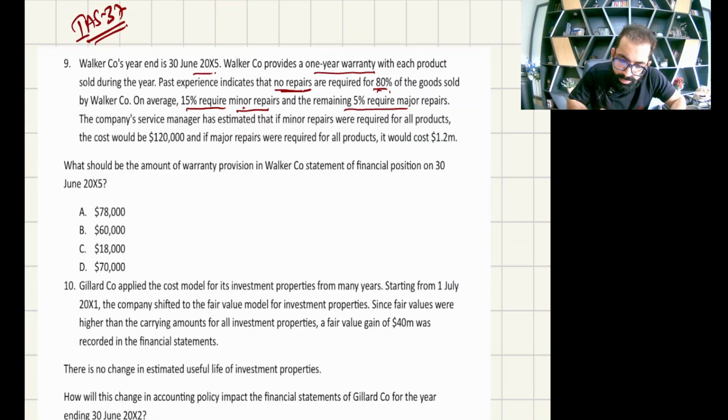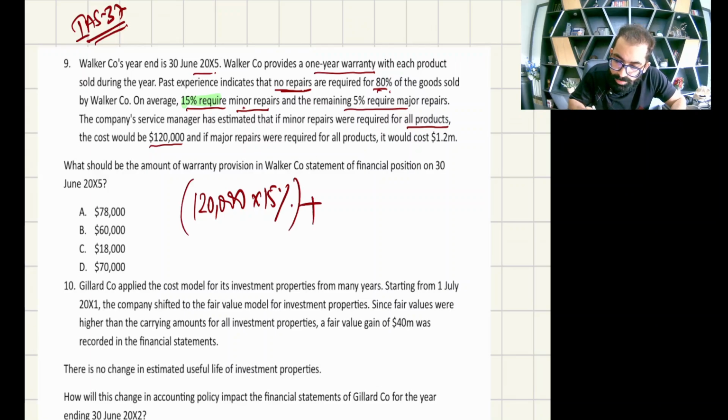Okay. The company's service manager has estimated that if minor repairs were required for all products, it will cost $120,000. Listen, $120,000 is the price for all, if all products come back for minor repairs. But how many products will come for minor repairs? Only 15%. So 120,000 multiplied by 15% is your first cost, plus